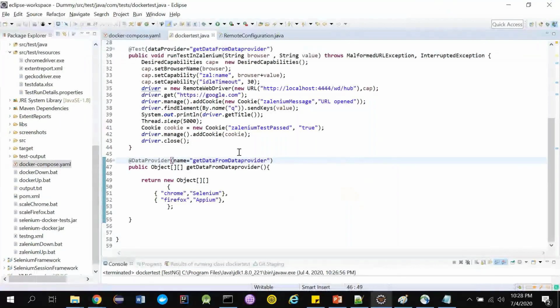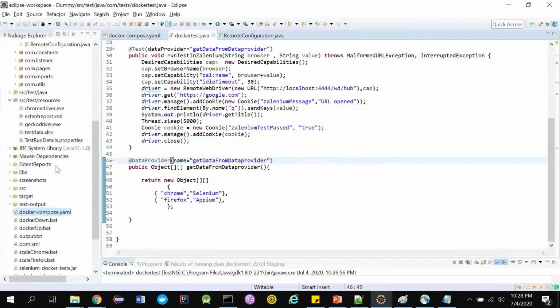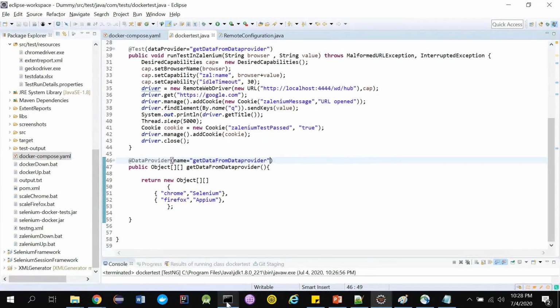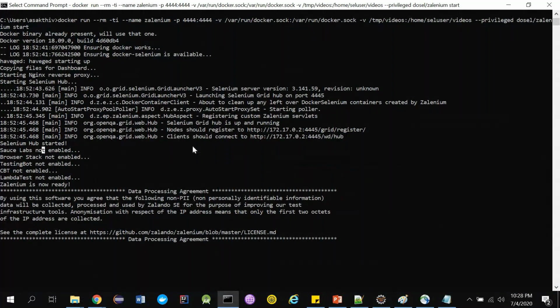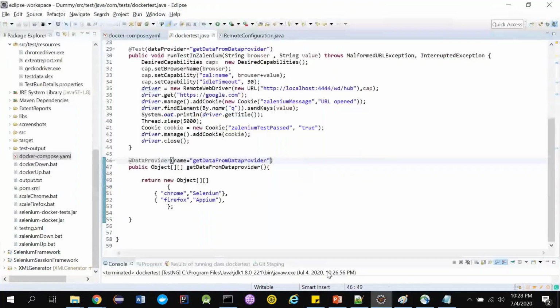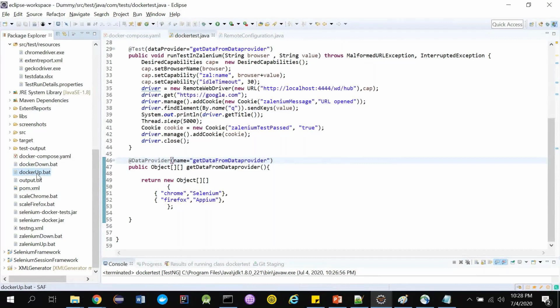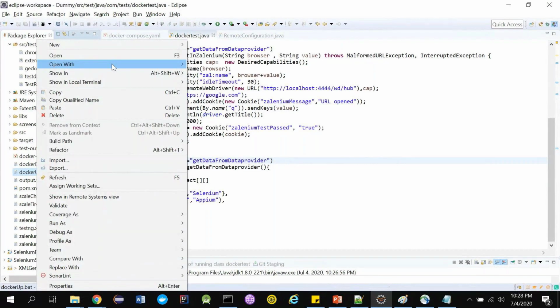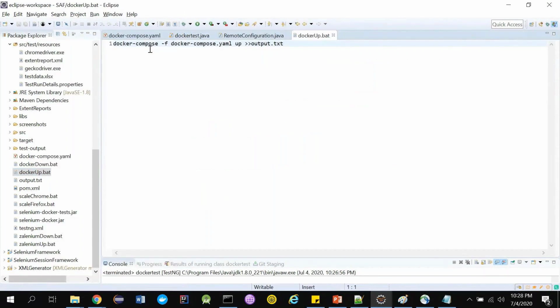If you were using it in your real-time project, whatever commands you are trying to run in Docker, in the command prompt, you can convert them into batch files. Suppose, if you see, I have docker up.bat. I'm opening it with the text editor. So docker hyphen compose, yeah, you can use this. Just the up command is enough, guys. If you are using a different name, then you need to use a file name. But if you are using just the up command, you can use docker-compose up. It means it will bring up all the containers in the docker compose file, and I'm piping it to a different output text.